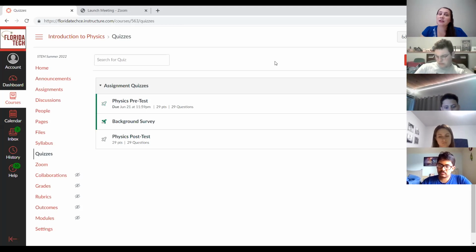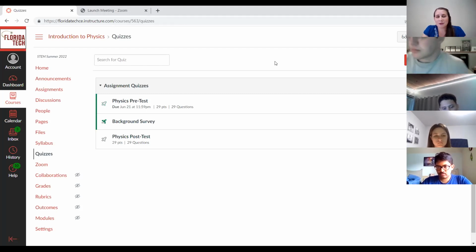Ooh, open notes really depends on the particular professor. A lot of professors shy away from open book, open note tests at the Physics 1, Physics 2 level, because honestly, open note tests tend to be harder than closed note tests. They make them harder purposefully. So if one of the professors gives you the option of open book or closed book, that's up to you, but just keep in mind that open book tests are generally harder.